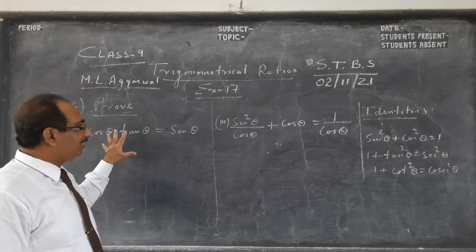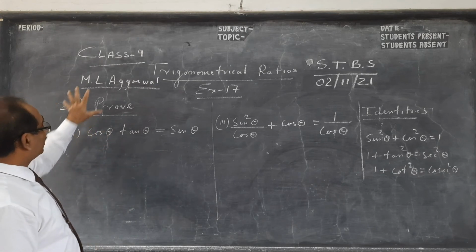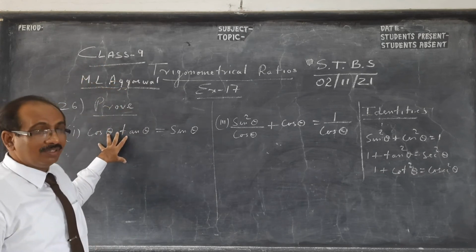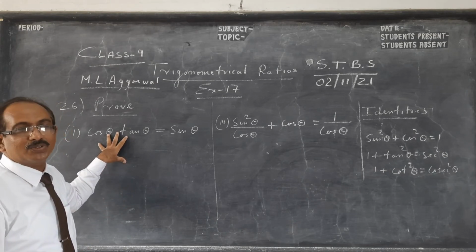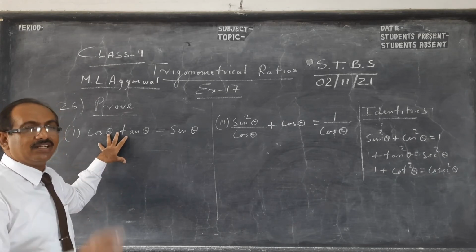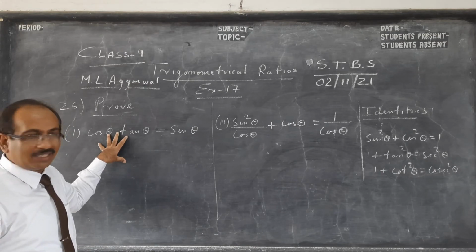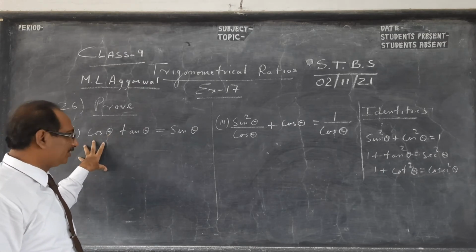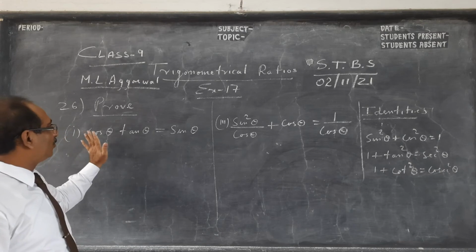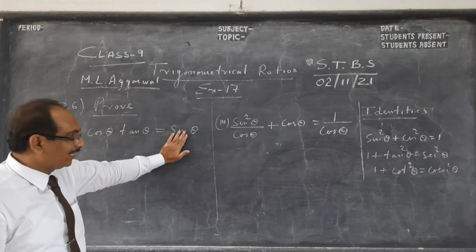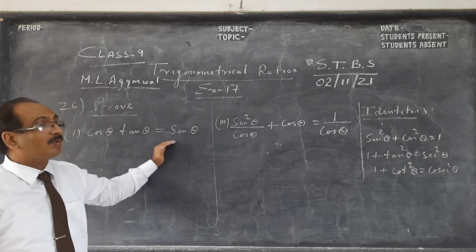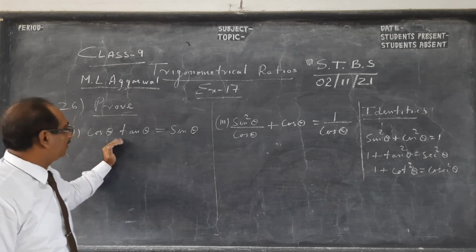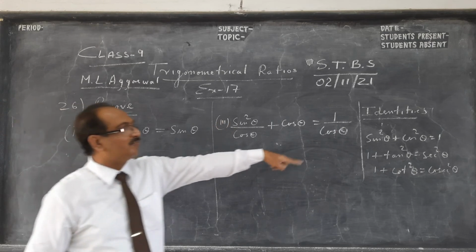So this is in class 9. We are doing class 9 ML Agrawal's book, exercise 17, but this is the beginning of class 10 also. And standard angles we need for height and distance also, and many other applications. So see how we prove it, children. We'll prove left hand side is equal to right hand side. The rule is we don't know which side we'll start with, but we will start with the hardest one. So see here, and these identities you have to remember.